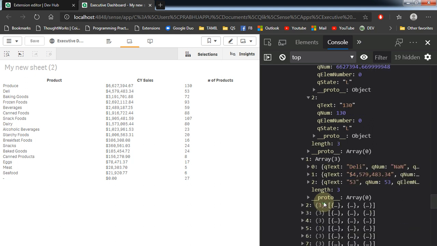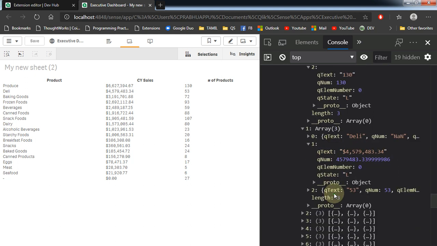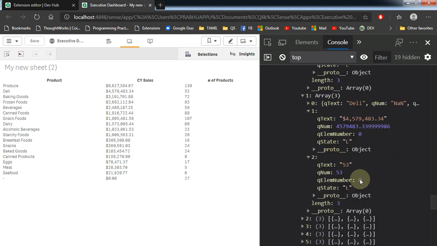If you check the second one, for the measure, by default it is showing 0 because there is no element number mapped for the measure. Okay, so that's why we are always getting the alcoholic beverage selected whenever we make any selection in the measure column. So we need to avoid this. Let's see how to do that.